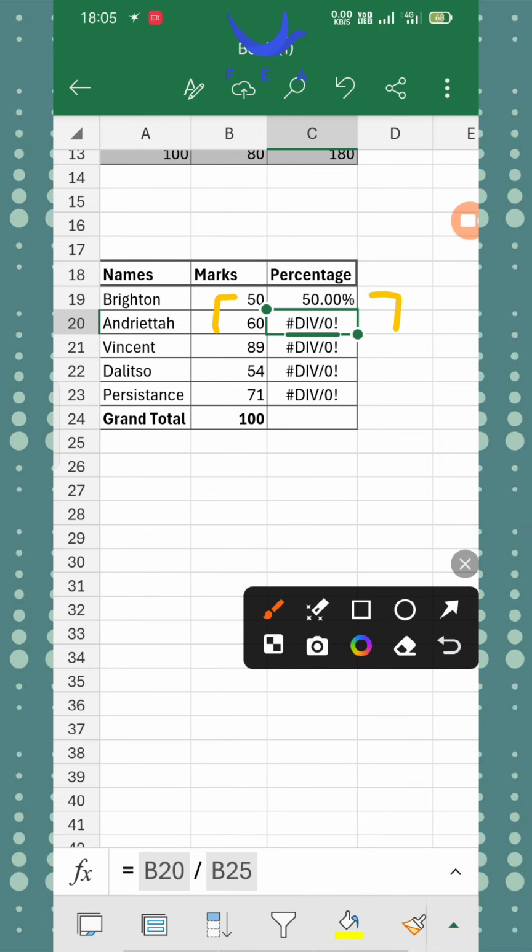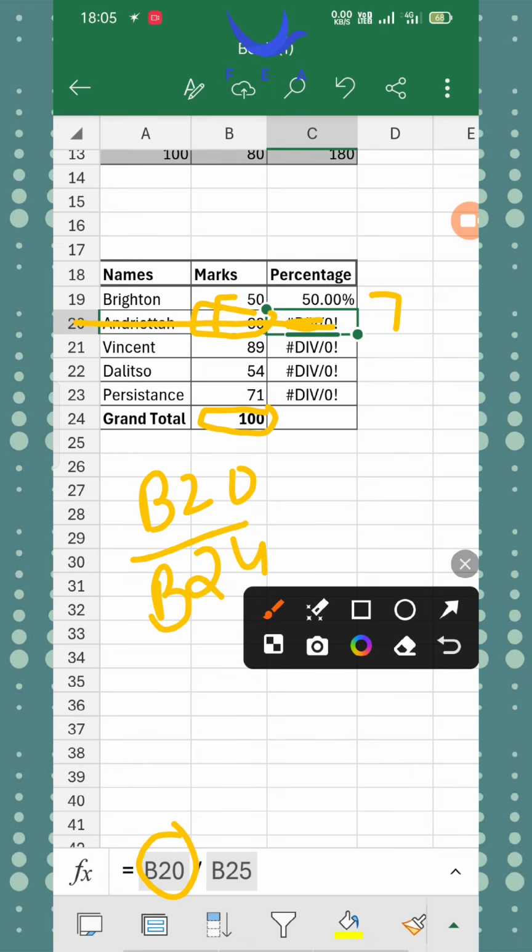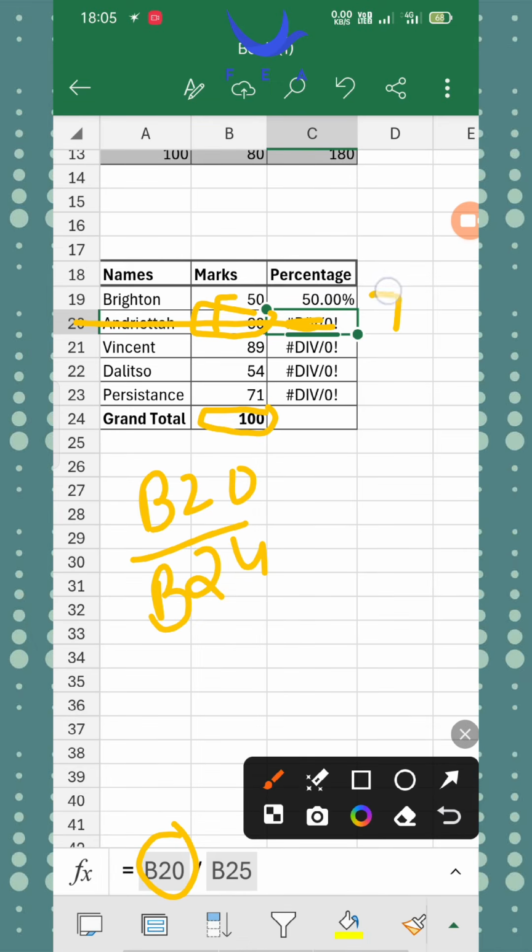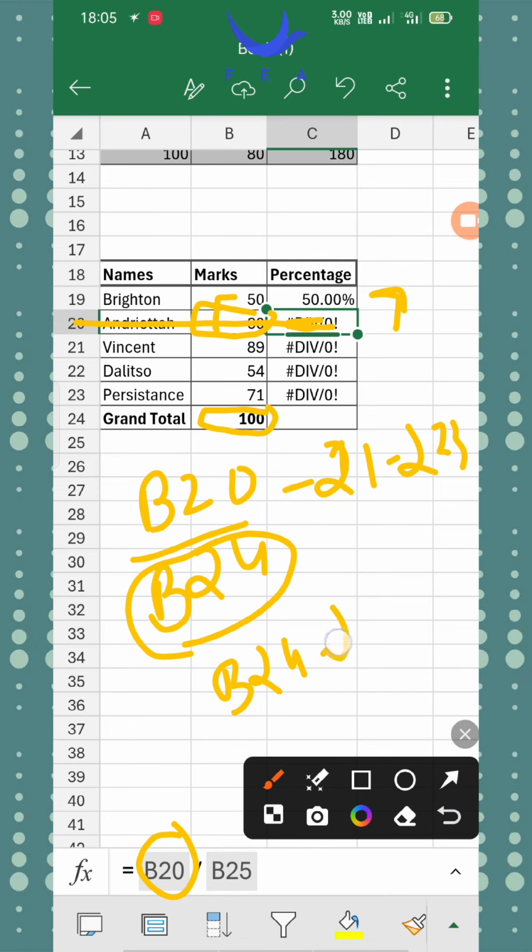I went to C20, so it picked B20 for this operation, no problem, that's fine. But the operation is B20 upon B24, so whenever I go 20, 21, 22, 23 like this, the bottom is also going B24, 25,